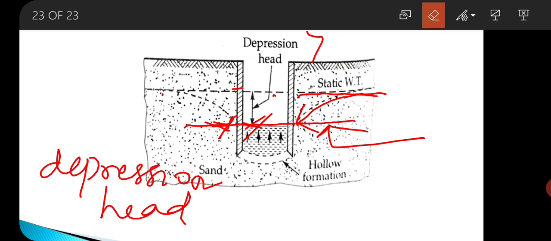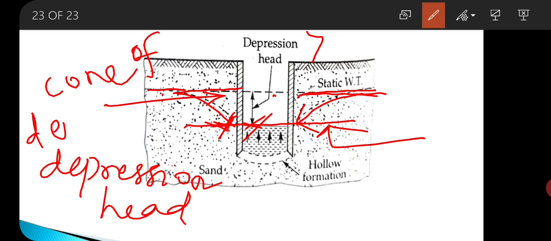In the beginning there is a gentle fall, but it will fall more rapidly when it approaches the well. So the water table surrounding the well will take a curved shape. You can see here the groundwater table will take a curved shape, and this curved shape is known as cone of depression. Okay,